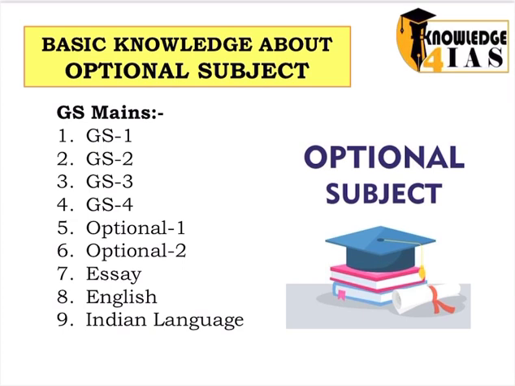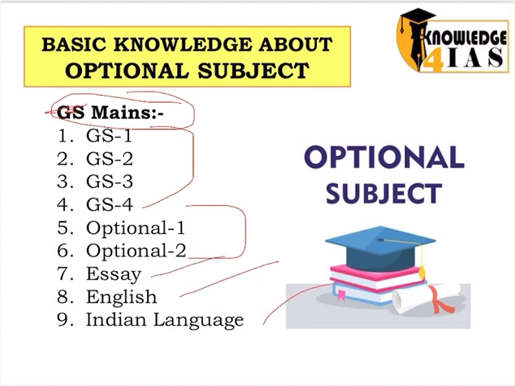So let us see some basics about this optional paper. You are aware of a stage that is called the mains stage, not GS mains but mains stage. In this stage we have four papers for GS general studies, two papers for optional, one paper for essay, then we have a paper for English, and a paper for Indian language. So you can see that there are two papers for optional, and since each paper is of 250 marks, it means that you have to face 500 marks in this optional paper, and 500 marks is a huge marks in terms of proportion, gravity and weightage if we take the overall marking scheme of this mains examination.